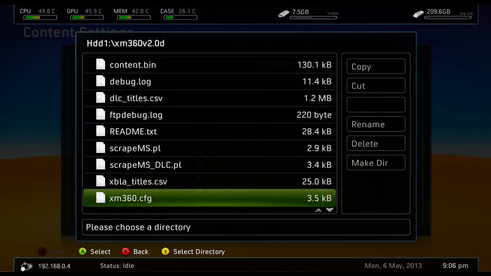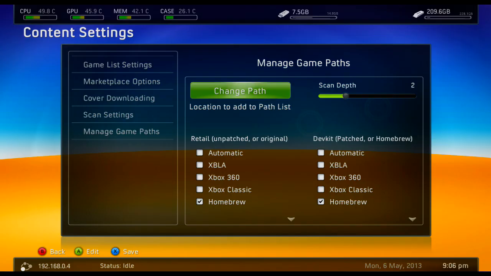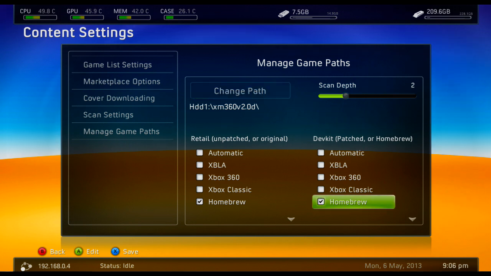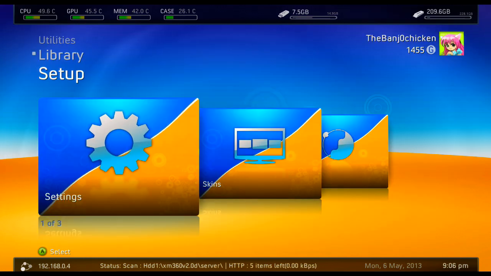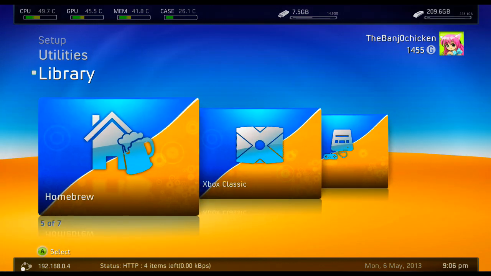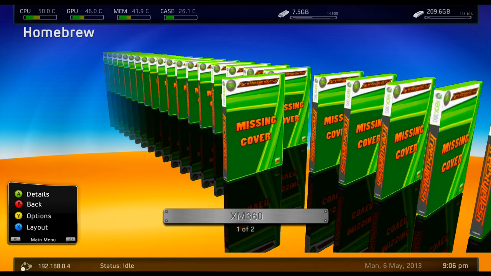and press Y to select directory when you're in the directory that contains the .xex file. And that's only 2, so the scan depth remains on 2. Press X to save. And now when we go into Homebrew, we've got XM360. Doesn't look very good because it's missing the cover, but you can download covers and stuff, which